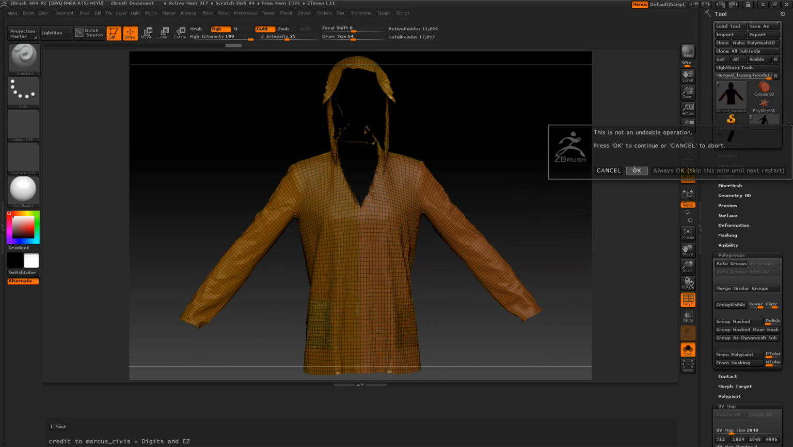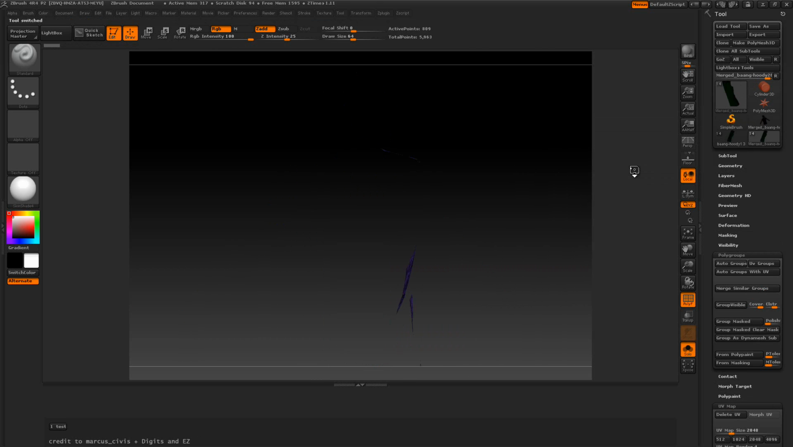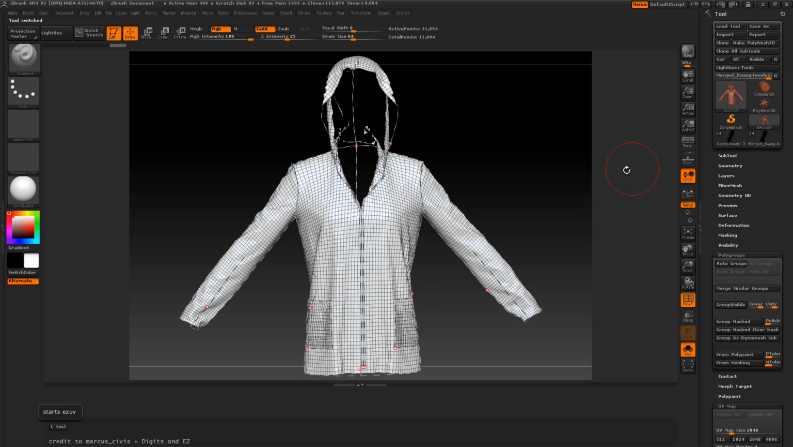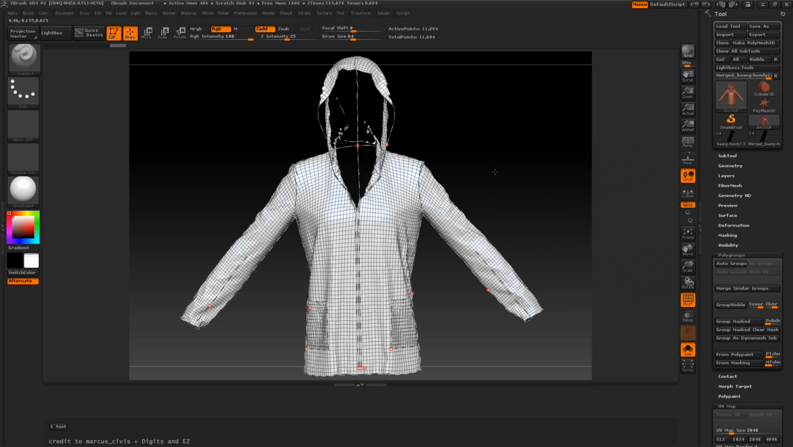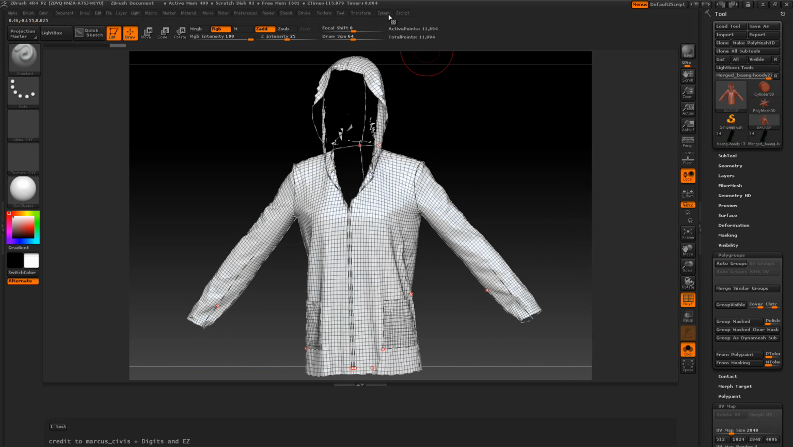I'm going to press OK. Press OK. And when we move my cursor over here, we got these guides. You can see we don't have any more groups, and we got our new Q remesh quads here. My theory was, since we got these guides out here, we could go to the ZPlugin, and